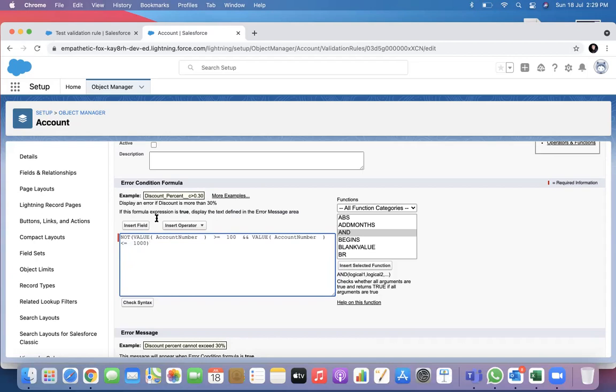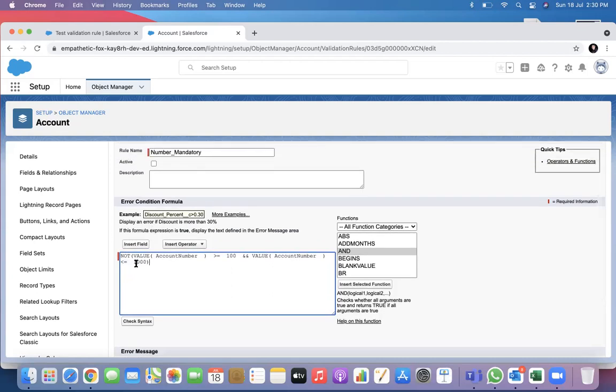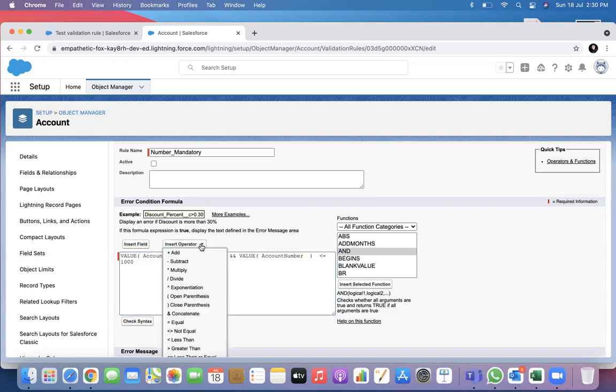You just put down the allowed parameters and then use a NOT outside it to write the validation rule. NOT will reverse the condition inside. If you don't want to use the NOT, then you have to use an OR condition.